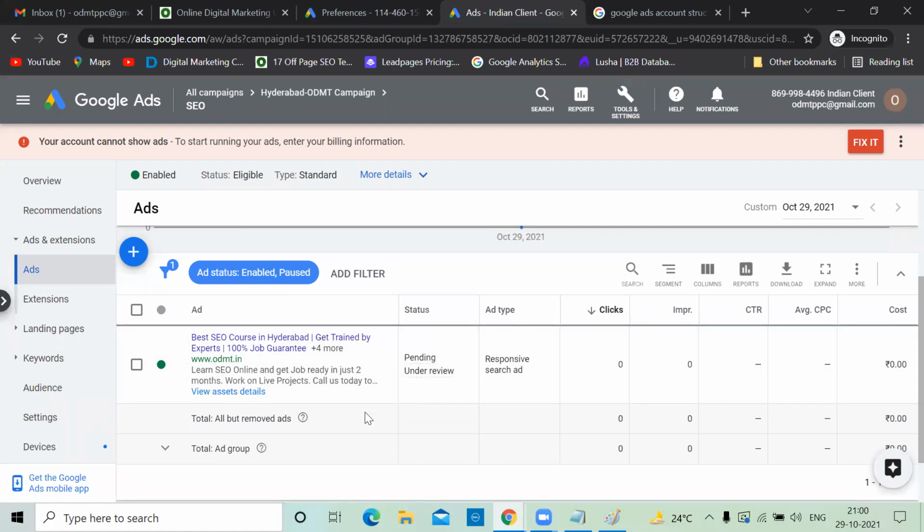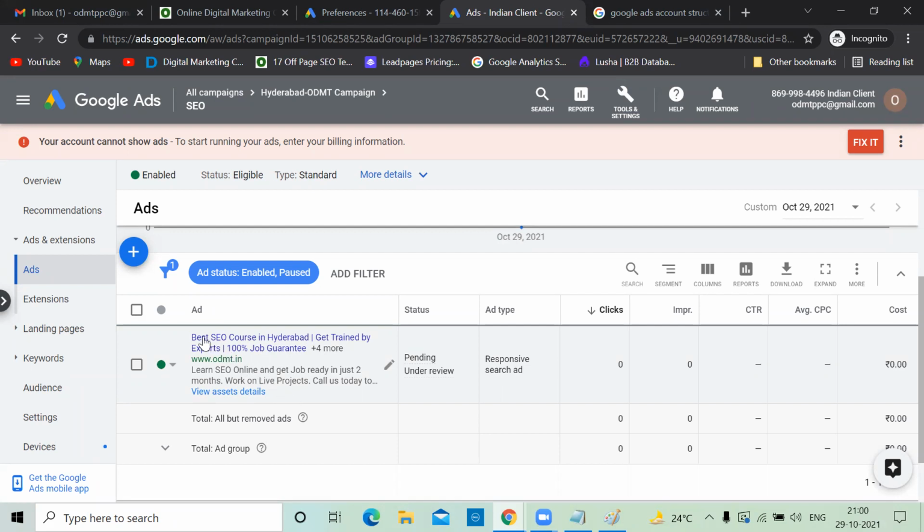There are employees from Google, they manually review this. So either it can be approved, it can be rejected. Why will your ad be rejected? Mostly, if you use a trademark, like you mentioned, Google certified codes. Google is not your trademark. Google will punish you. That's why don't mention Google. Just mention certification codes. You can't use Maruti Suzuki. Maruti is not your brand, right? Someone else's brand. So in that case, it will be rejected.